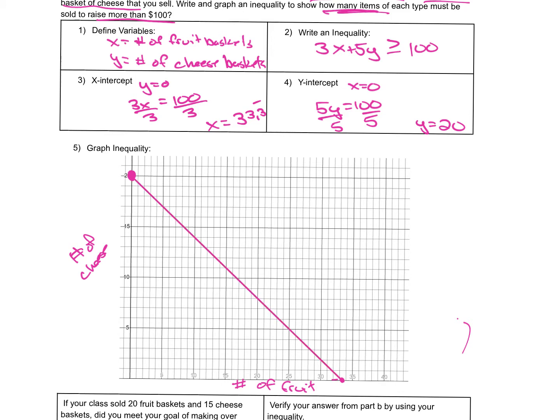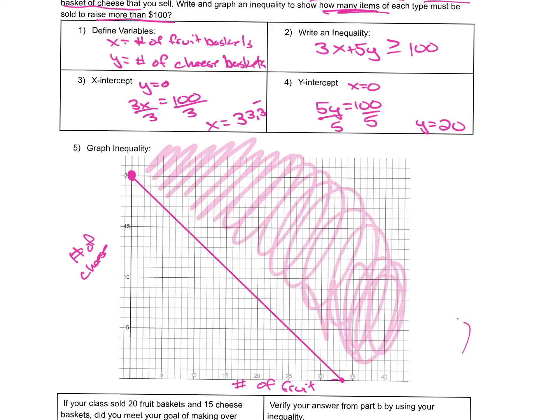So once we have our line graphed, we are looking at, do we need less than or more? Because this is an inequality. So if we plug in 0, 0, well, that's definitely not greater than 100. So that means we need to shade and get above this line. So what that's really telling us here is anything on the line or above the line, because remember, this was also equal to, any of those combinations of fruit and cheese baskets is going to get us over